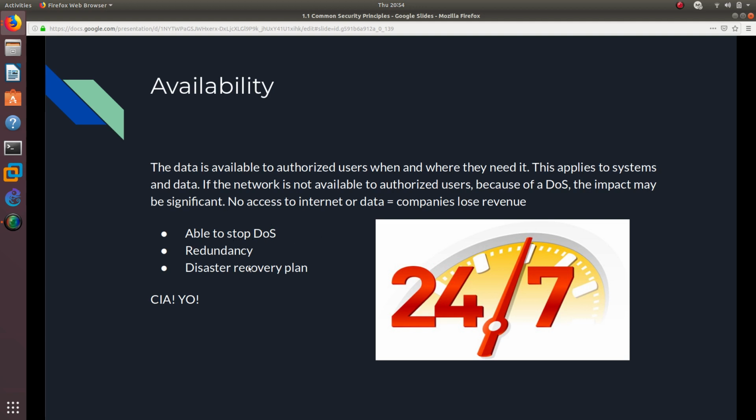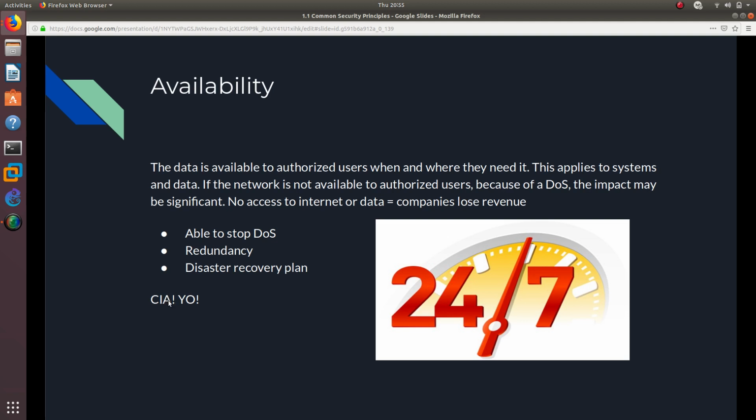and also DDoS. You need to have redundancy. That means you need to have at least a backup server or a backup Ethernet cable or backup link, so that whenever one link goes down, the other one goes up. You can do that by having HSRP, which you probably learned in CCNA if you took the CCNA exam. And also you need to have a disaster recovery plan. Those are the three you need to know for 1.1a,